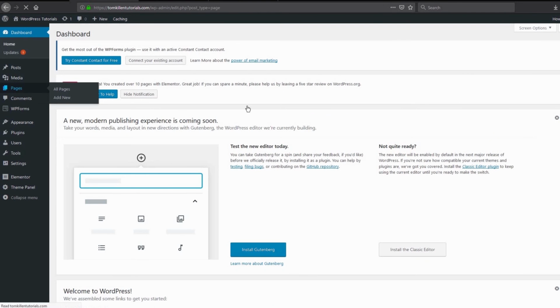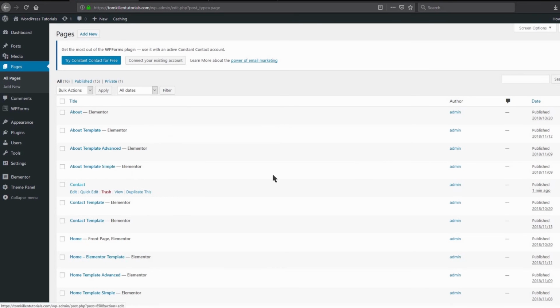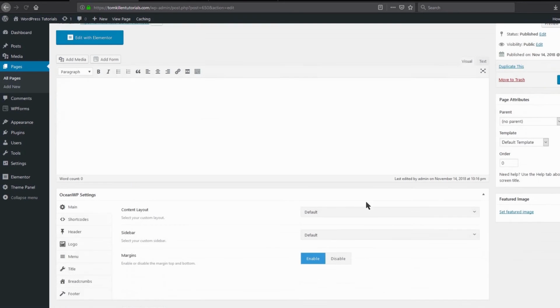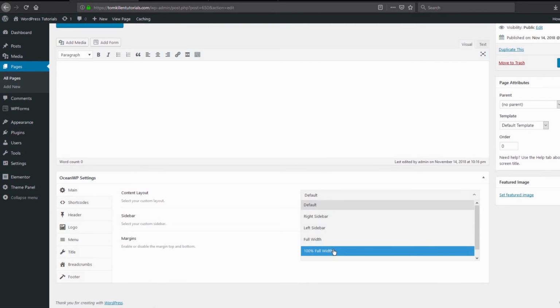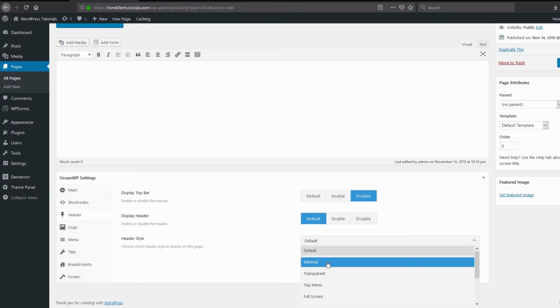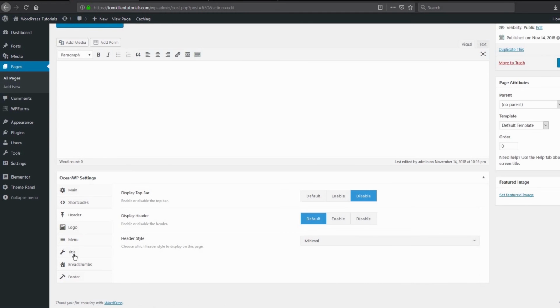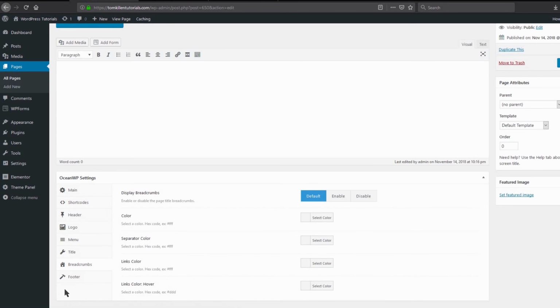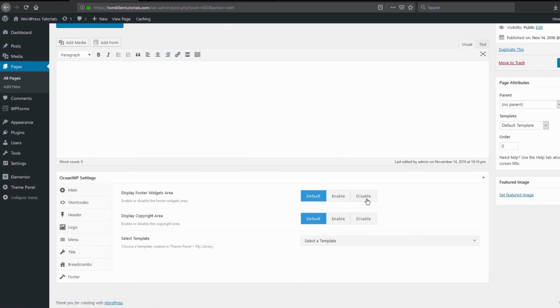so once the dashboard is loaded up, just click on pages, and now you want to go to your contact page, and we'll just make sure our contact page has the same settings. So make sure it's got content layered as 100% full width. And we want to disable the margins, go to the header, disable top bar, keep the header as it is. We'll make the menu minimal. And if we go down to the title, we'll just disable the title, breadcrumbs, disable footer, disable all of these,